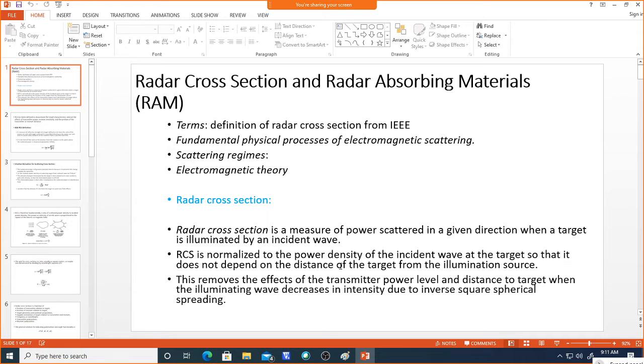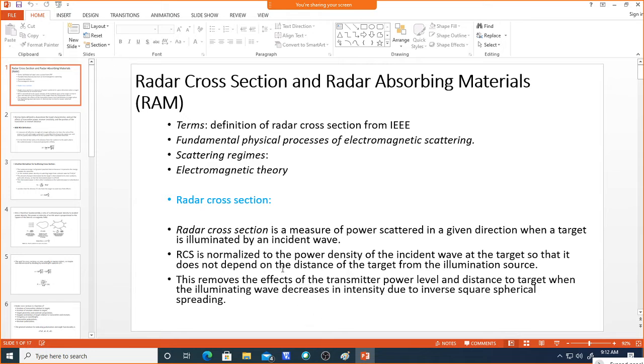Because of the power normalization, whatever distance we measure doesn't matter. Whatever power you receive, whether microwatt, nanowatt, or picowatt, we have already normalized it. So whatever the distance, the power only varies, but once you normalize, there is no problem of the distance. Once you normalize, it does not depend on the distance of the target.